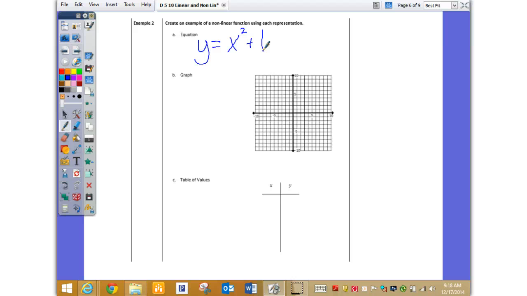Y equals... Here, let's use the same thing, but still make it different. So how can I add y equals x to the third power, x cubed plus 1. Another example of nonlinear. Okay, on the graph,